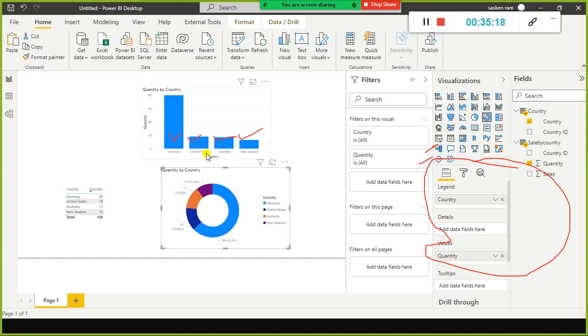Fine. Let's see what happens if I select United States. It shows only United States related values, right? So 18 and 18. It is doing the filtering correctly. If I select United States and New Zealand, the values were correctly filtered.